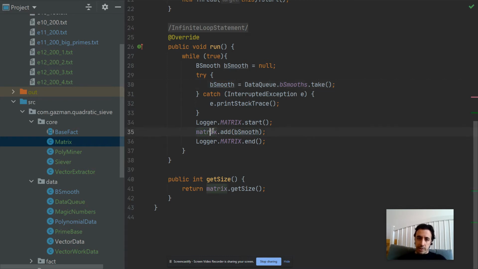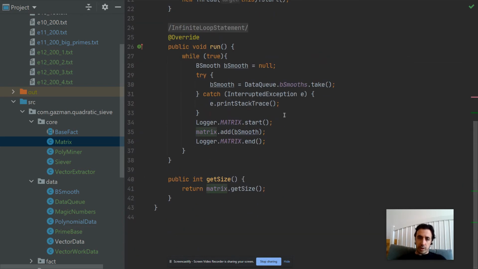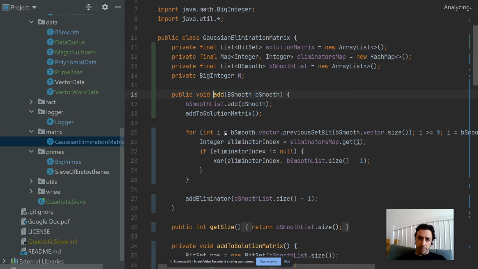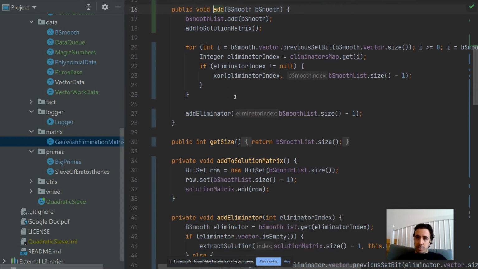And once it does, it adds it to the Gaussian elimination matrix, which is the continuous factorization matrix. And in here, many optimizations, two big optimizations. So the first one,